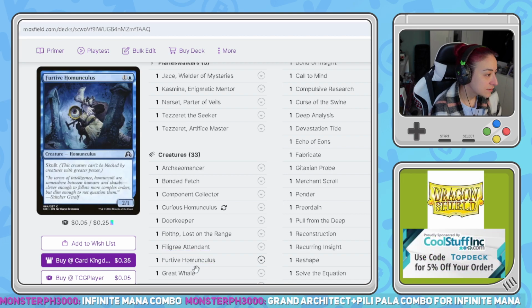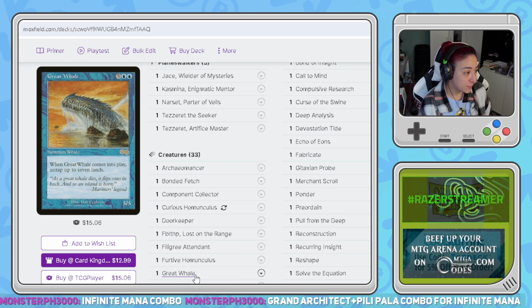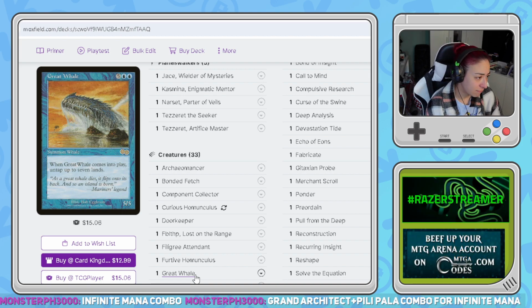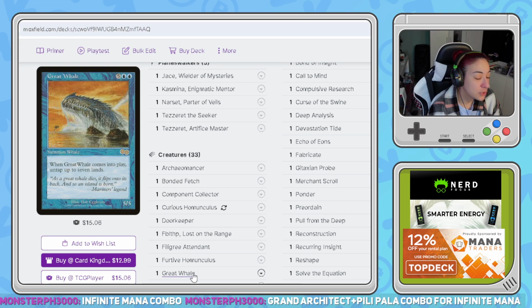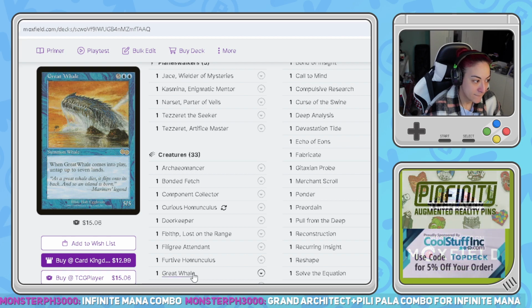Homunculus! They're just so cute. When Great Whale comes into play, untap up to 7 lands. That's crazy, but also it costs 7. Ugh. The only thing that would be like, okay, I might keep it, is if I could untap Nyx, which taps for like a bajillion if I have a lot of blue stuff out, then that's probably really good. Because I could use Nyx to pay for this and then untap it, but